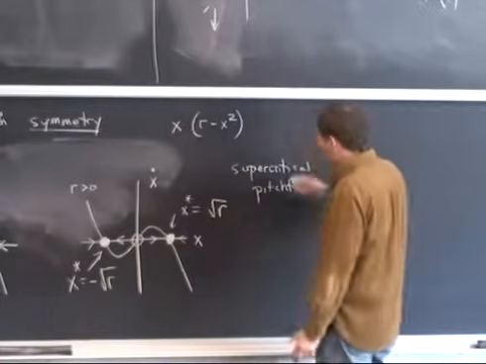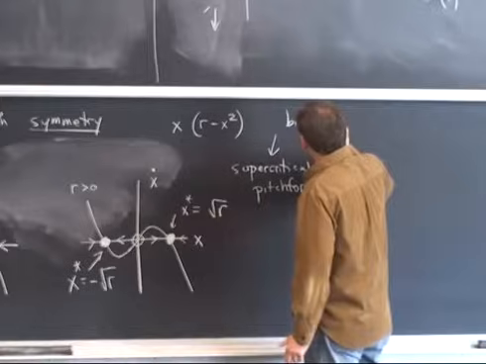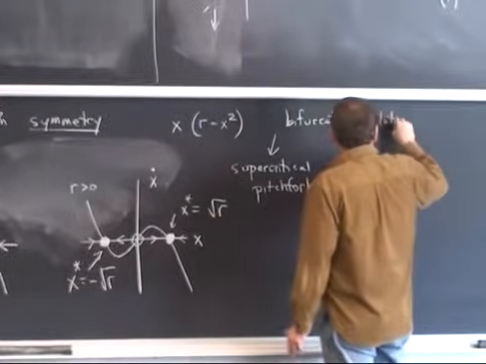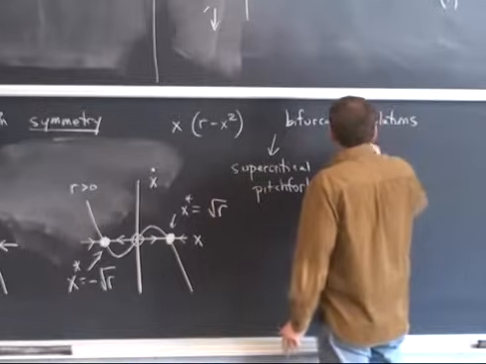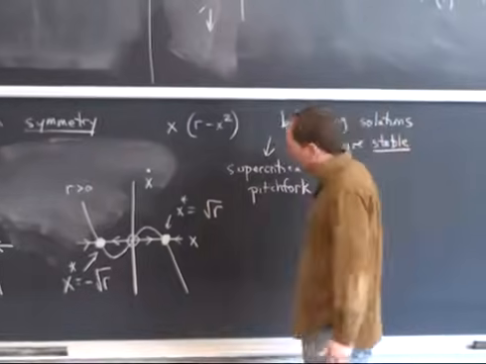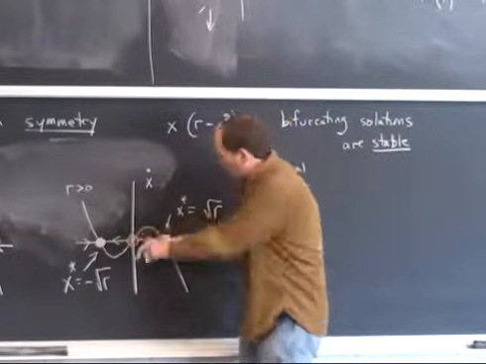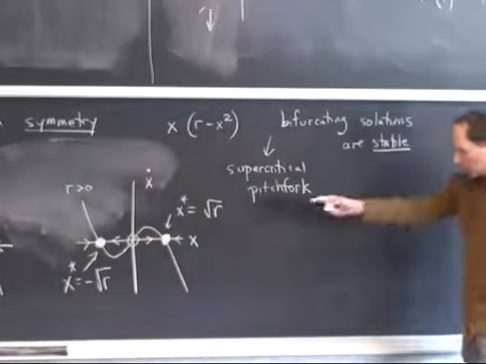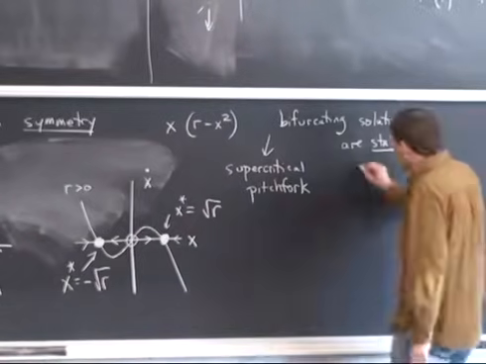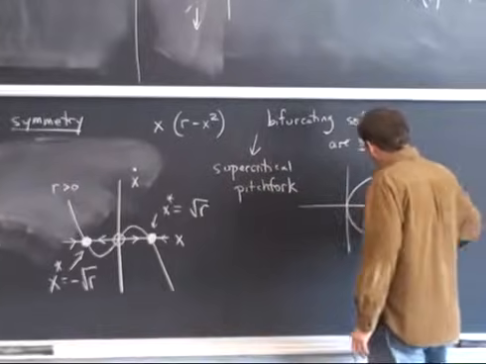Supercritical is a word that you see a lot in dynamical systems. It means that the bifurcating solutions are stable. So here the bifurcating solutions refer to these two new fixed points that have bifurcated off of the original fixed point at the origin. And the reason for the name pitchfork is that the bifurcation diagram looks like this,